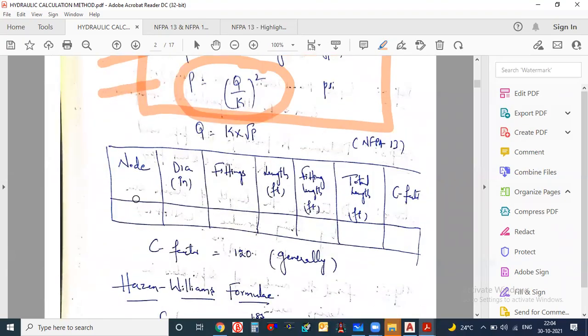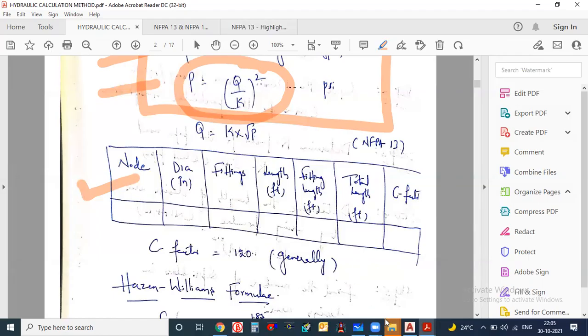I have to make one table. Here we have to make one table in hydraulic calculation. This is the most important table actually. If you make this table, suppose you are doing it for 100 pipe sections, and you make this table 100% perfectly, then obviously your workload will be reduced, because you always have to check what the node is, what the diameter is, which fitting you are using, the length, the total length. So a lot of things you have to check. So it's better to make this kind of table